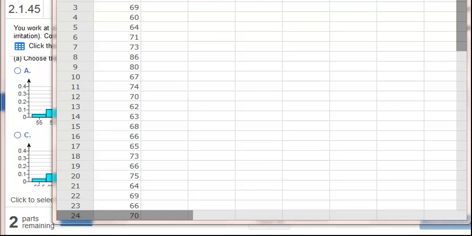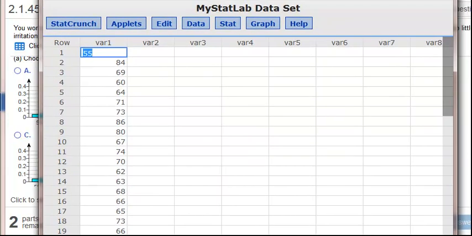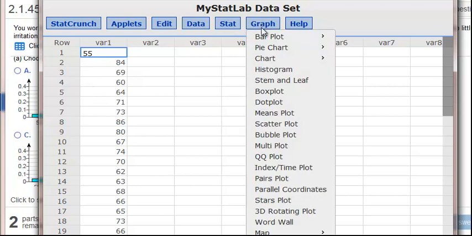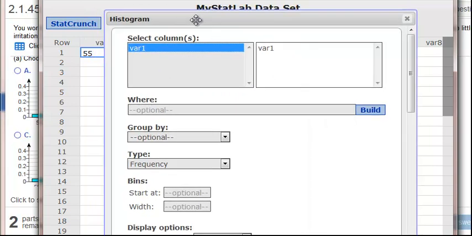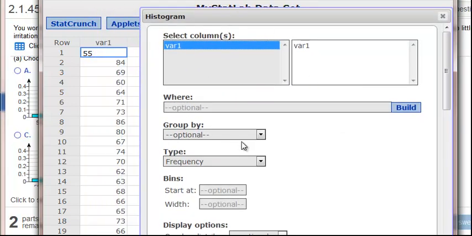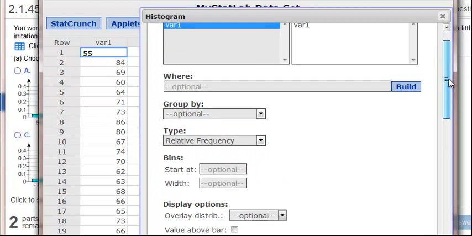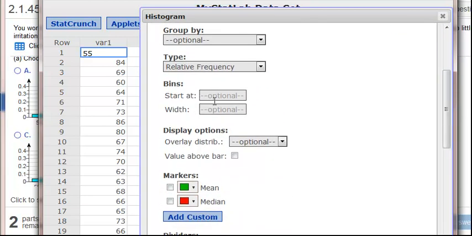Okay, so I'm just going to move my screen around a little bit so you can see all the buttons available. The data has been loaded in Statcrunch. I'm going to click on Graph, click on Histogram, Variable 1. That's the column where the data has been loaded into. We want to do a relative frequency diagram. I'm going to leave blank the start at option, but I am going to put a width of 4